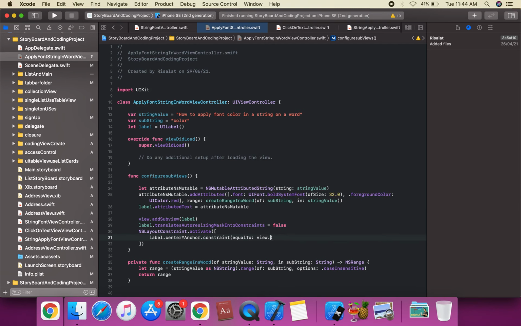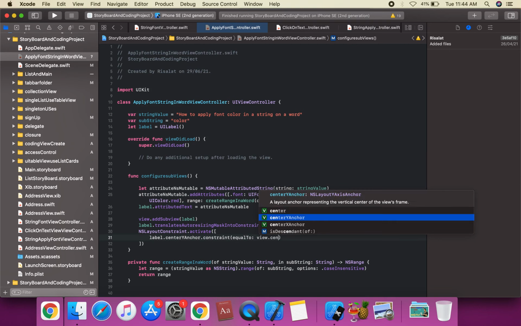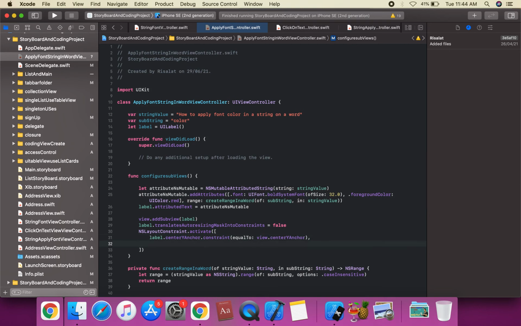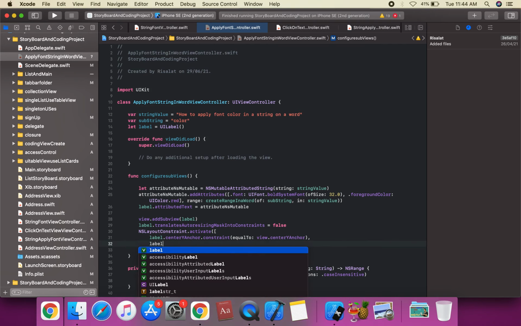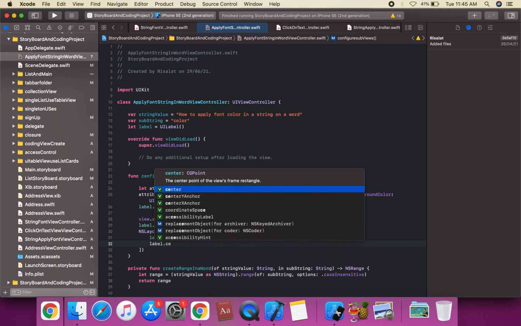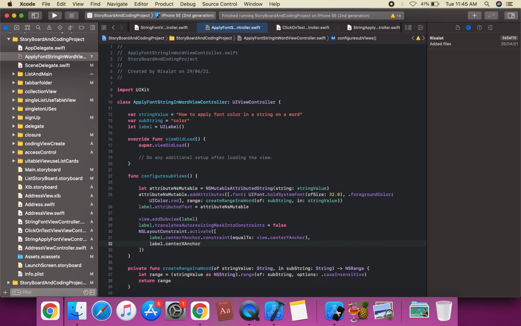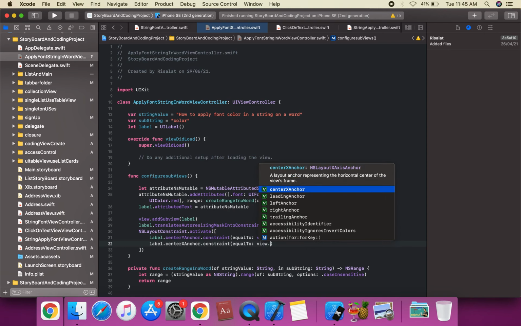Sorry, center y anchor. We want to apply another constraint. This is the label, and center y, and center x, this is centerXAnchor. Label.centerXAnchor. We're gonna apply center x.constraint equal to view.centerXAnchor,